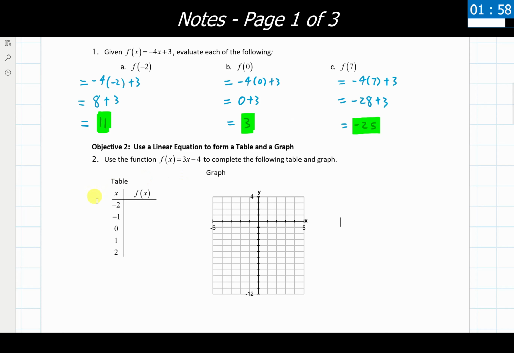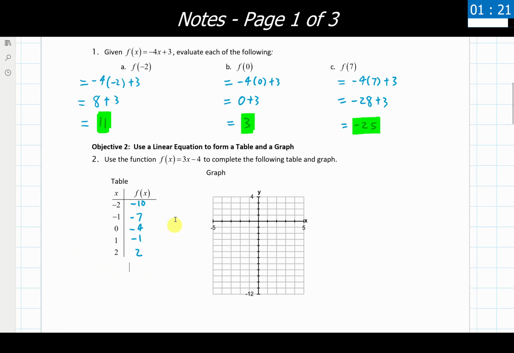So all we would do is write in 3 parenthesis negative 2 or negative 1 or 0 or 1 or 2 minus 4 and then solve each of those out. If you'd like to do that, or pause the video and do that for yourself here really quick, go for it. I'm going to list in the answers here and then graph this, otherwise this video could become significantly longer than I would like it to be. But as we go through each of these, we're going to end up getting an answer of negative 10, negative 7, negative 4, negative 1, and 2, respectively.